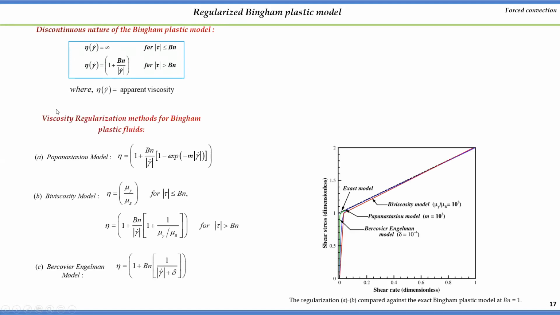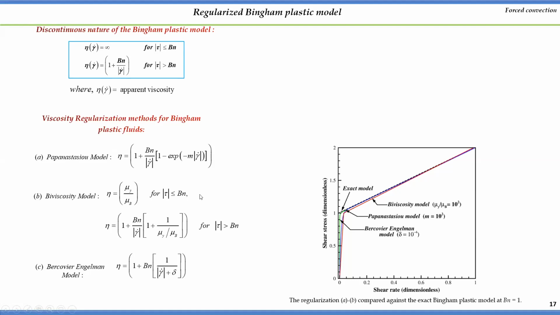So if I modify my Bingham plastic model such that my viscosity becomes very high, not infinity, when my stress is below the yield stress, and when the stress value is high my viscosity becomes like a Newtonian fluid,